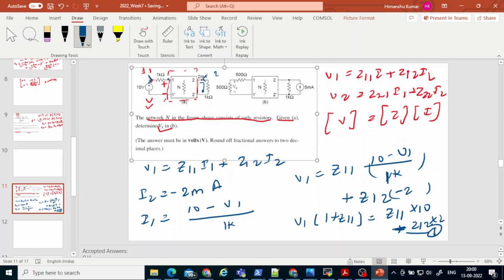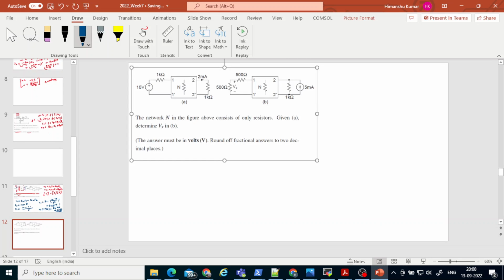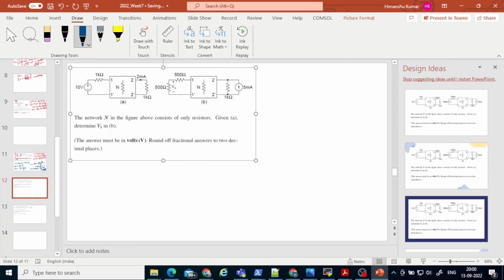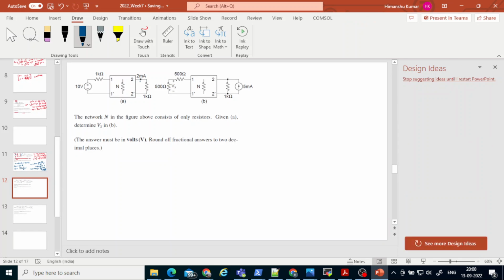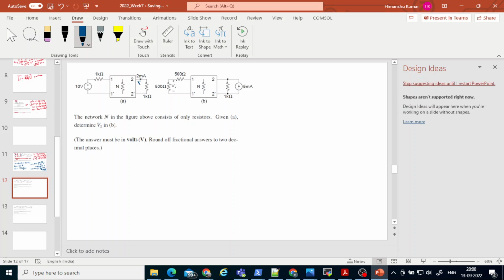Let me copy this. In this case, the output voltage V2 will be equal to 2 times 1k, which equals 2 volt,